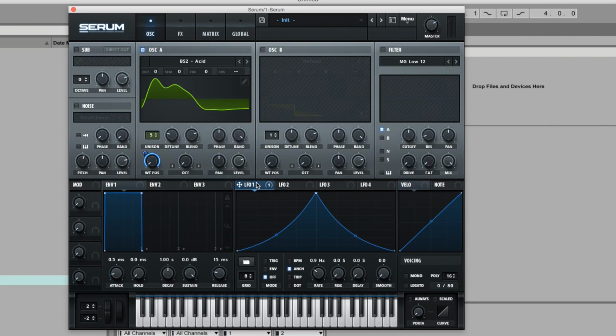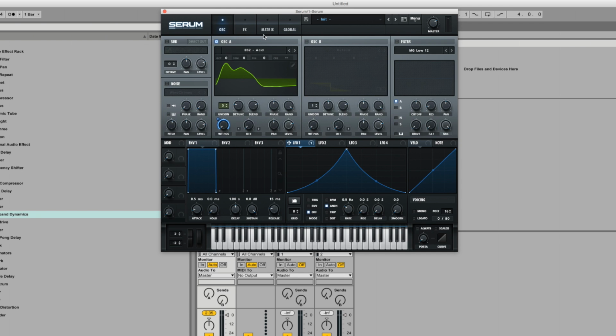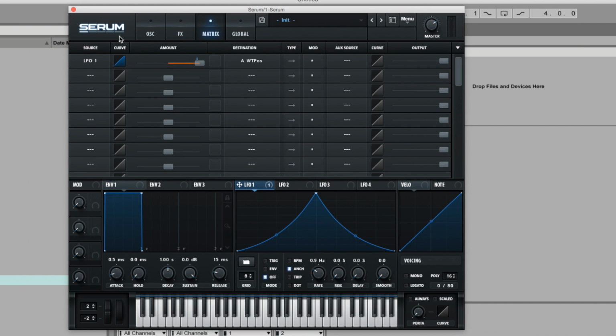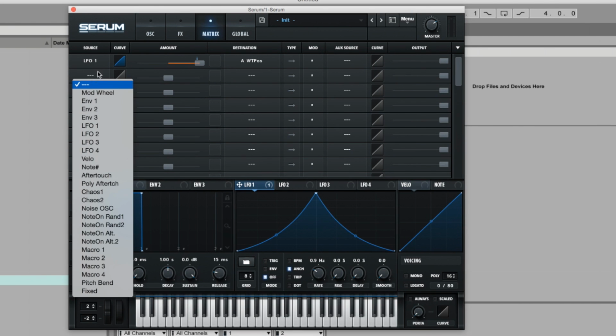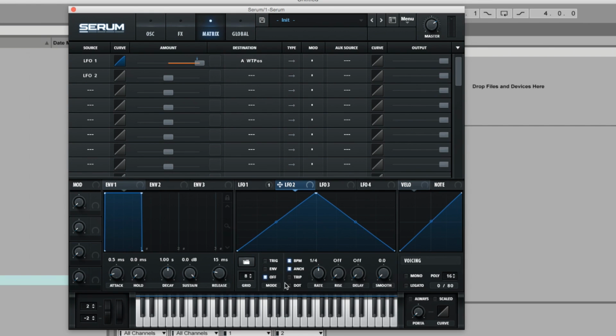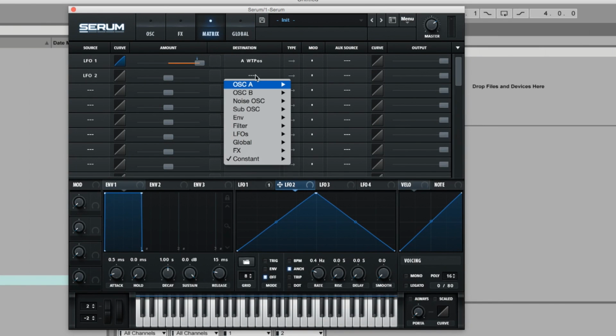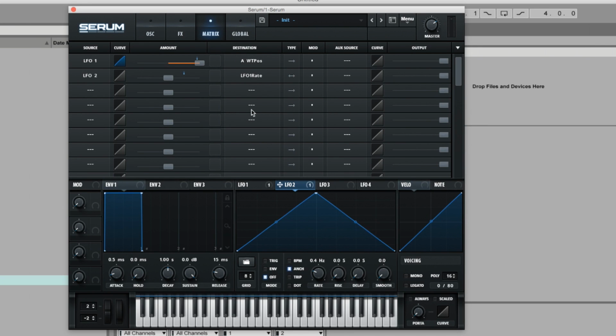The next thing I'm going to show you is how to modulate an LFO with an LFO, which is essentially LFOception. The way we do that is we're on the Matrix tab up here. Go down to Source, and go down to LFO 2, which is the one we've got going here. We'll set it quite slow, something like that. Then set the destination, go down to LFOs, and click LFO rate 1. And basically what that's doing